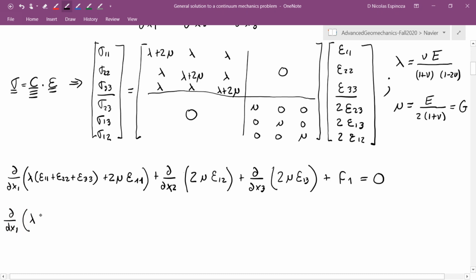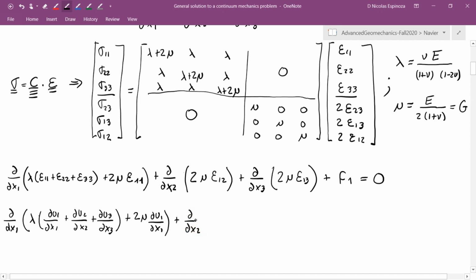And so far this is the same, but now remember the definition of epsilon 11 is this plus that, and something similar for direction 3. Now for the shear part of sigma 11, we have epsilon 11, and I can close the parentheses, go to the next term,